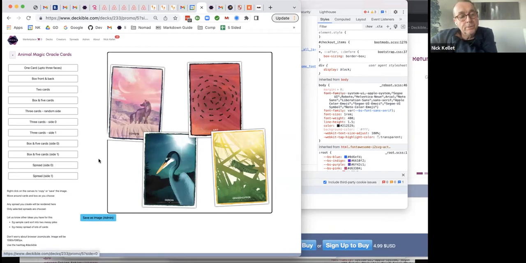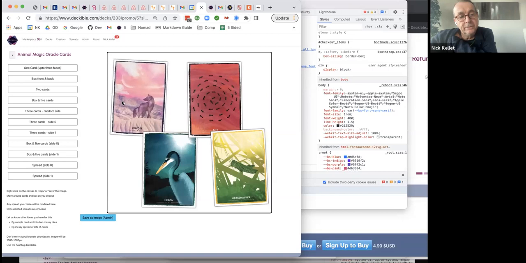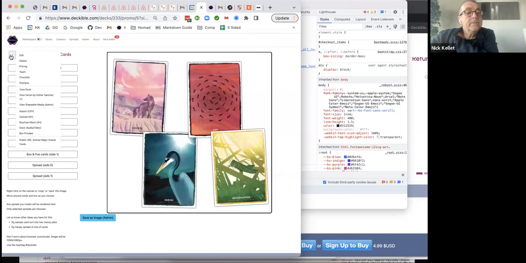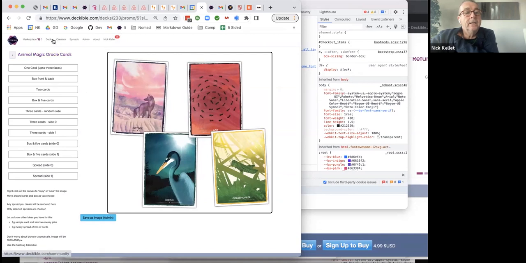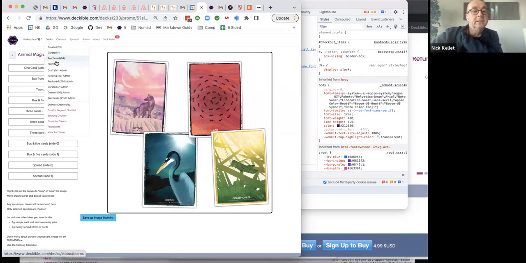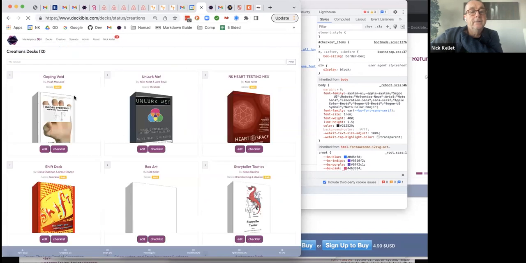When you're ready, you just right click and save. So that's really powerful and useful. And if you create custom spreads for your deck, then they will show up there and be laid out randomly, as I've mentioned. So I'm just going to go into my created decks